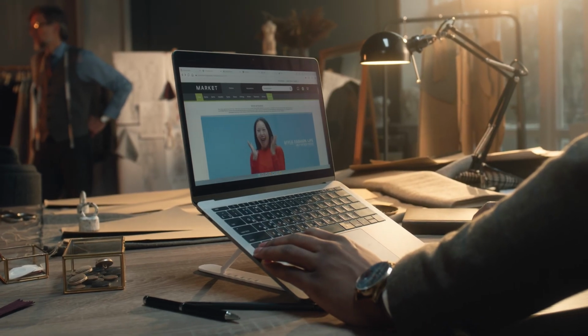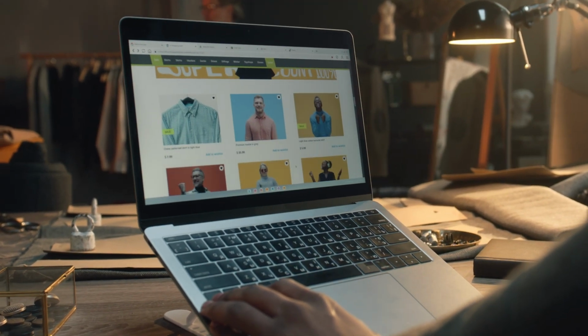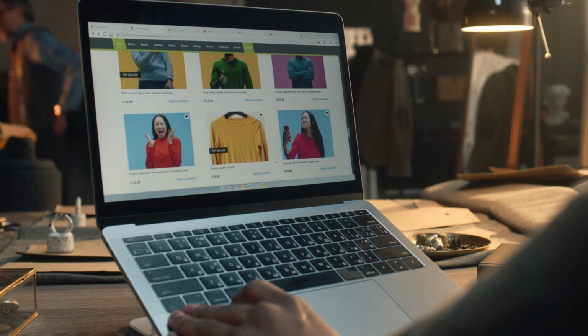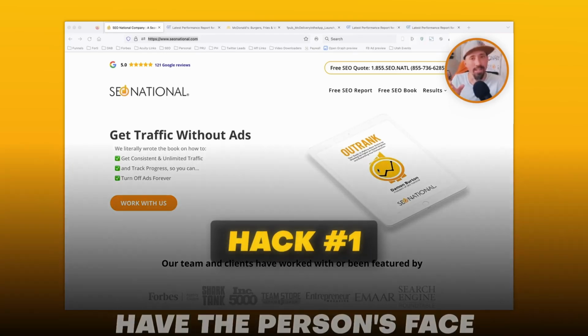The other thing to think about is it's really common for us to put people and faces in designs. People are drawn to faces. Now, that can be good and bad. That can be bad if you have a call to action like a button, and then we have a face over here, because then your consumers are going to wonder, do I look at the button or do I look at the face? If you decide to put a picture of a person on your website, here's the hack.